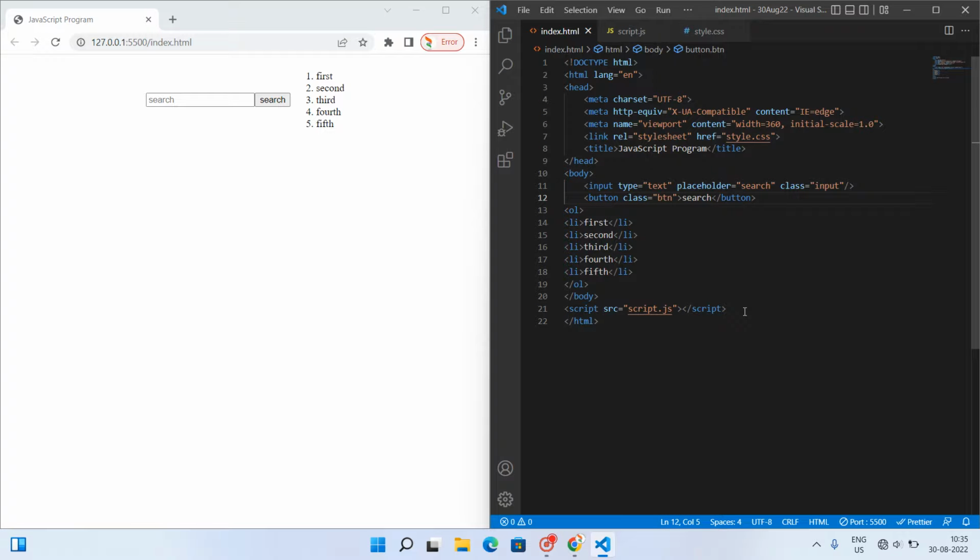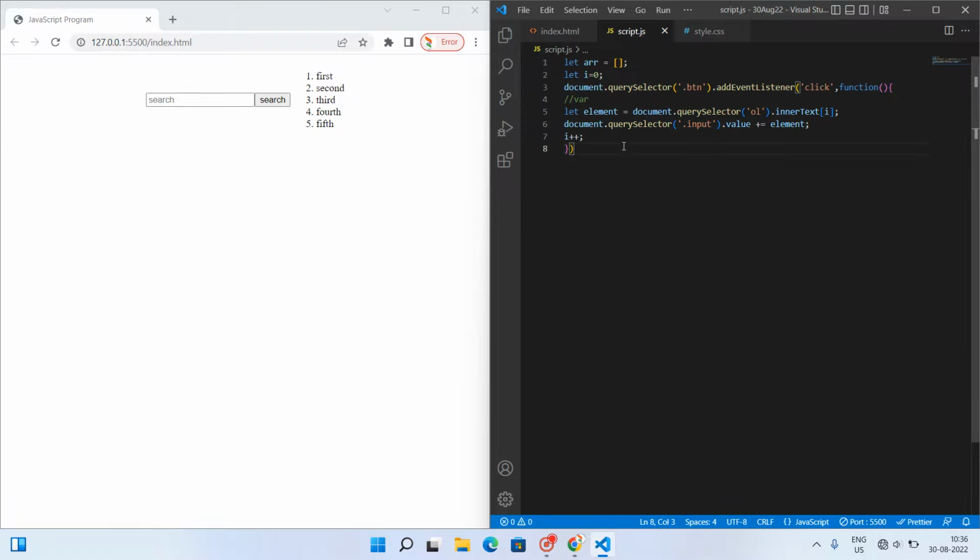In this video we will see how to reflect our list inside the input box by using a search button. In VS Code I have created three files. The first one is index.html, which will contain our entire HTML page. The second one is script.js, which will contain our JavaScript code